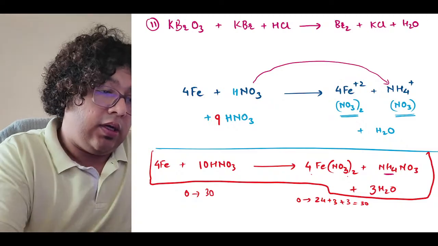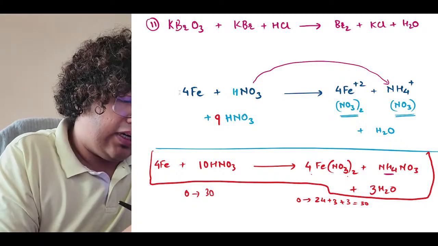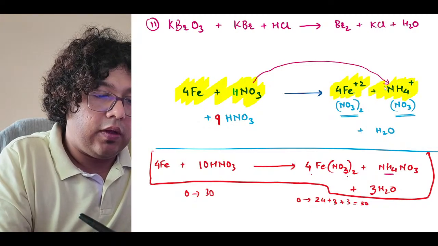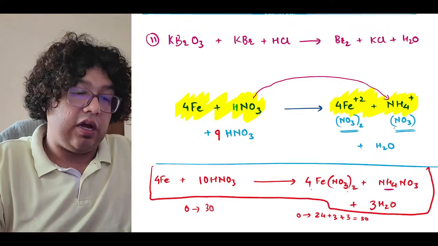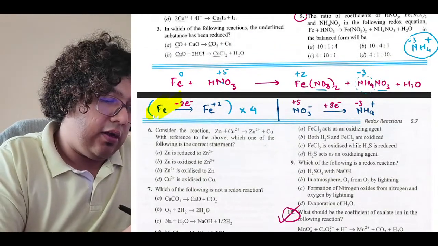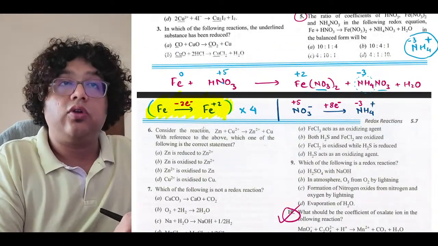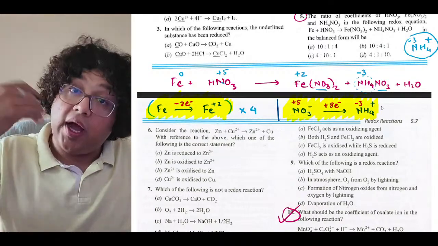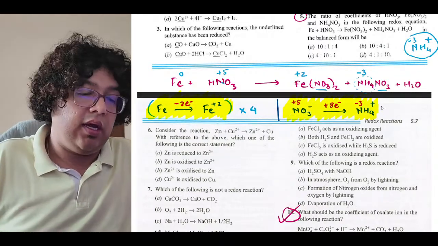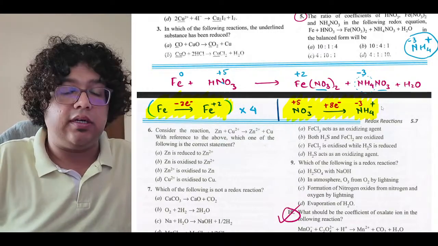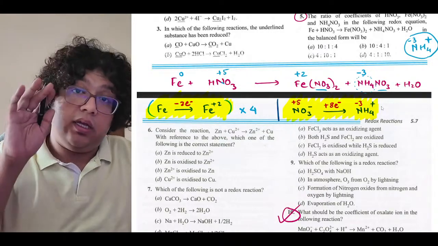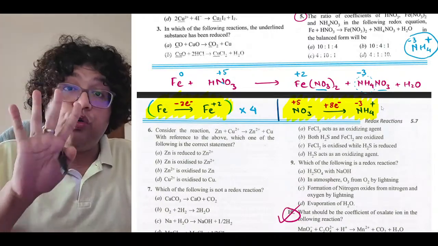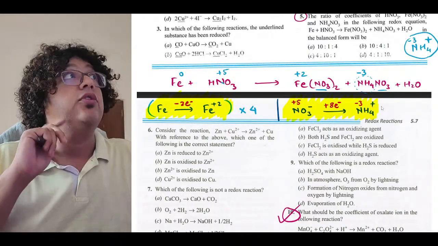I said, look, this HNO3, let's put it like this. This is part of the redox reaction. Okay, this is your redox reaction. How did I get it? I just saw that, okay, iron will produce 2 electrons, whereas every nitrate ion converting into ammonium requires 8 electrons. So these are my oxidation half and reduction half. Okay, now for every nitrate ion getting reduced to ammonium, I will require 4 iron atoms getting oxidized. Did you get this part, Vittal?